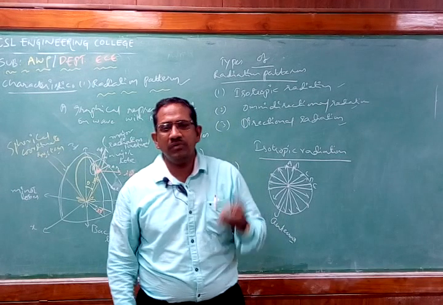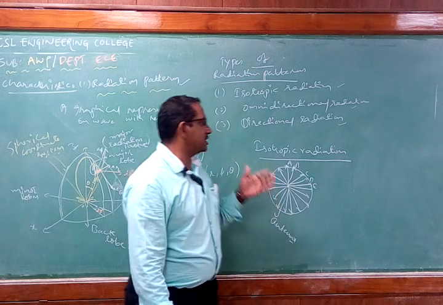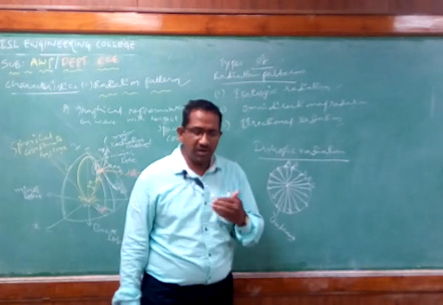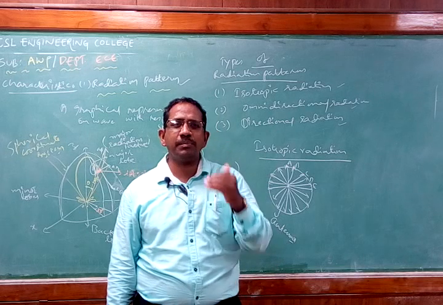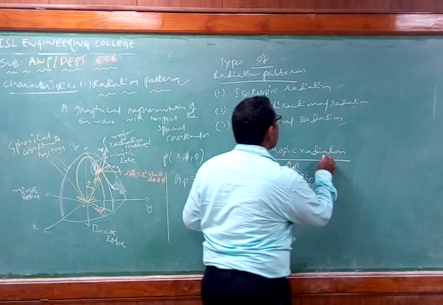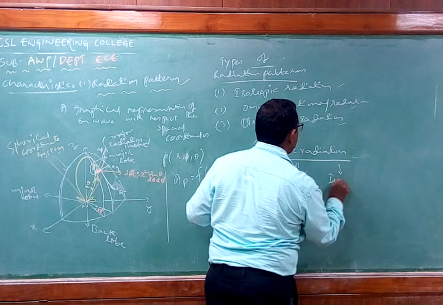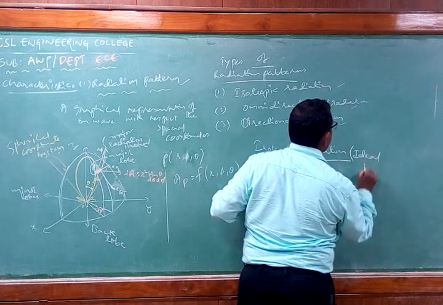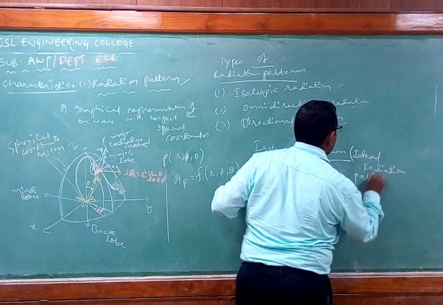No, the answer is that we really cannot construct an isotropic antenna practically, because it is a theoretical type of antenna. Whenever we design any antenna, we try to find out the parameters of the practical antenna with respect to the isotropic antenna. Therefore, this isotropic antenna can also be called an ideal radiation pattern.